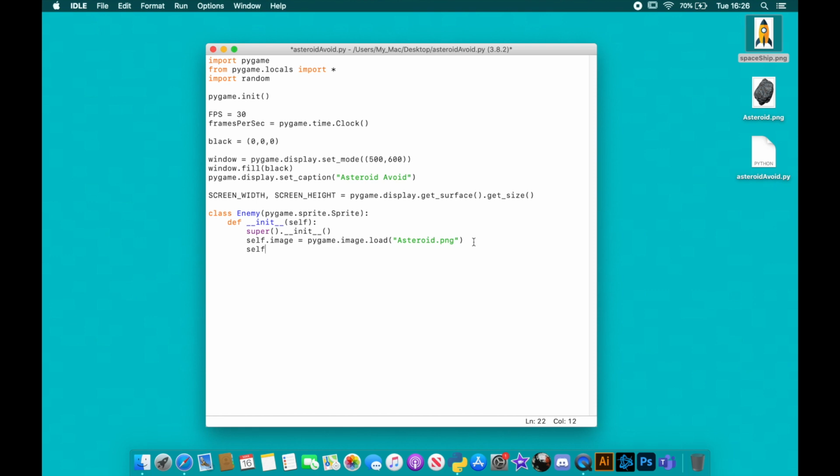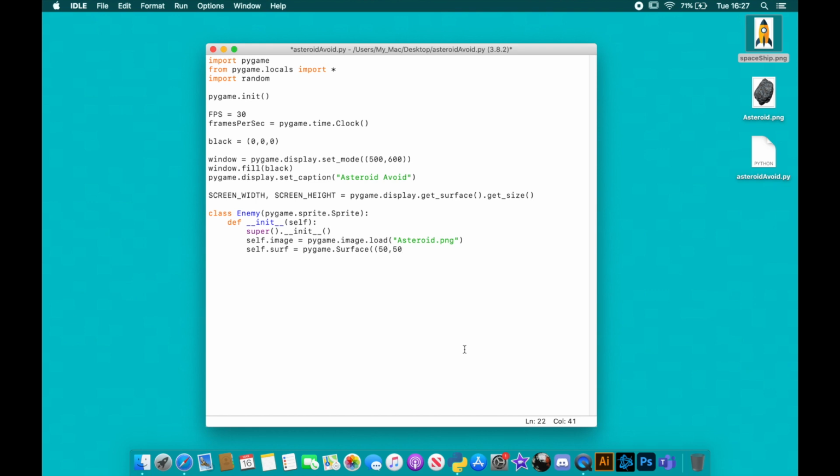Now, the next two things: if we think about this image, when it is created on the screen, we're going to basically reserve it a rectangle. We're going to make a rectangle for it, and then we're going to take that image and place it on the coordinates of that rectangle. So we're actually going to do two things here. We're going to create a surface for it, and that surface is going to be,